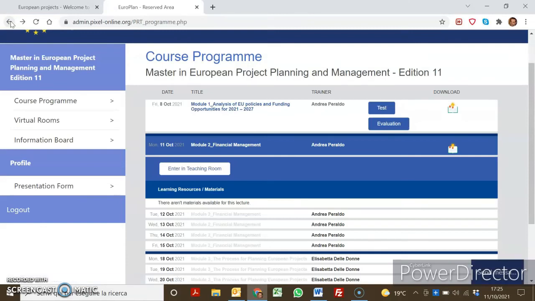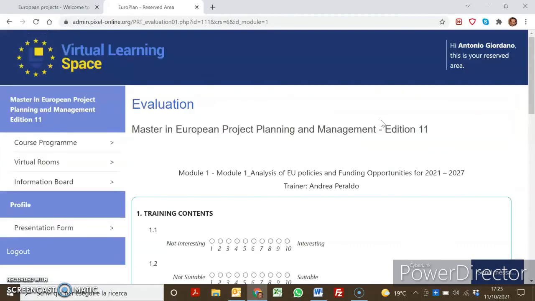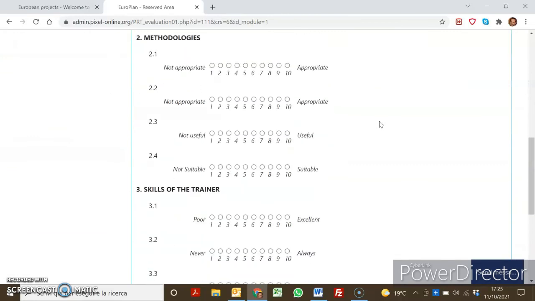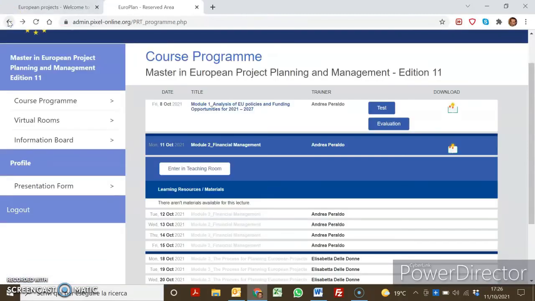On the other hand, there is an extra evaluation that you will be asked to carry out at the end of each module. In this case, it is your evaluation about the training. Because if we click on evaluation, then you will be asked for a specific module to provide us with your feedback about training contents, methodologies, skills of the trainer, and even more, you will have the opportunity to leave a comment about that specific lesson, that specific module, that specific trainer,